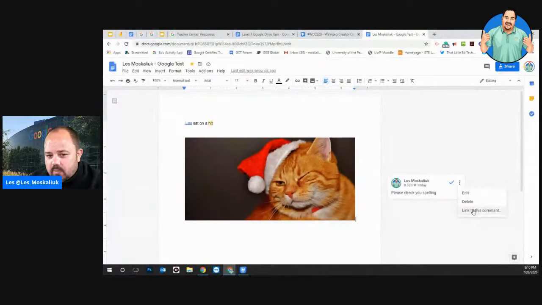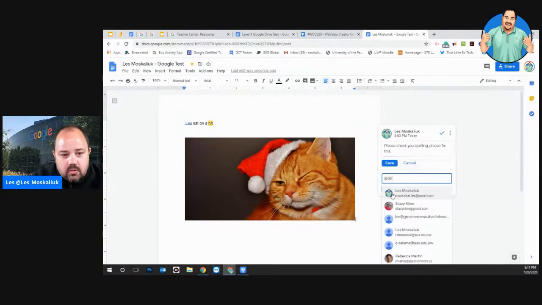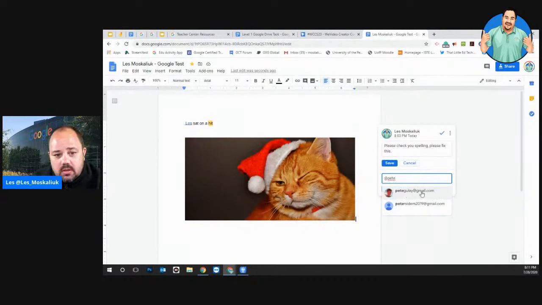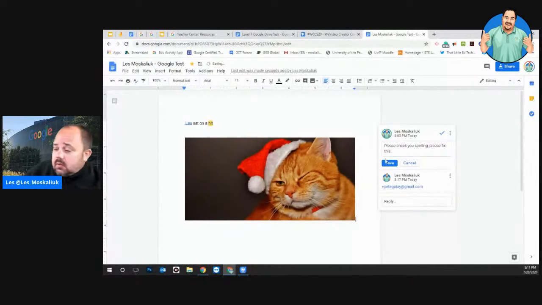You can link to this comment. You can delete the comment, which Pete deleted my comment. Or you can edit the comment here. So I can go back and edit the comment, and if I wanted to add more and say, please fix this, and I'm gonna go at Pete, and then there we go. All right, so that's revision history,